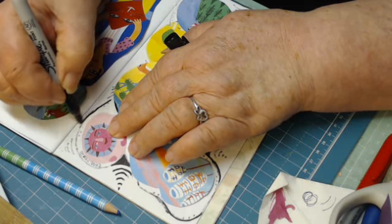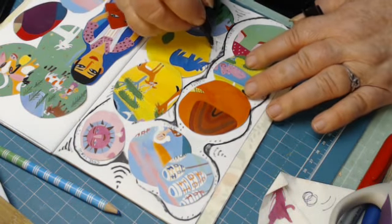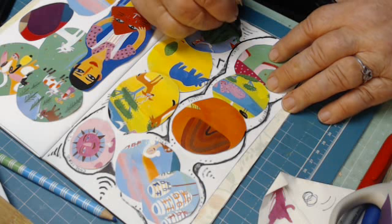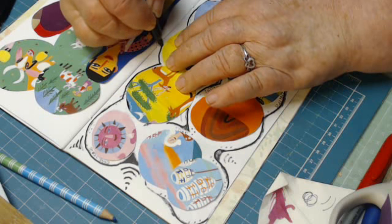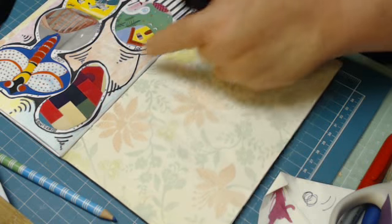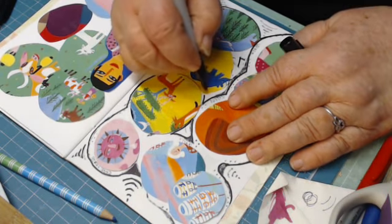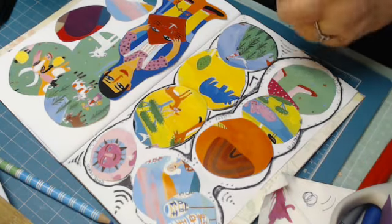See, look at this. I'm just going over some of them lines that are already there. They're already there. So it doesn't much look like I'm. See, now I can go back around here. Now I'll go make a new line for here. Oh no, it's going all right. Oh, look, see how it's going through to this other side? So I might just cover that. Just go like this on this side. And that just puts more something on the other side too. So even if this is leaking through the page,